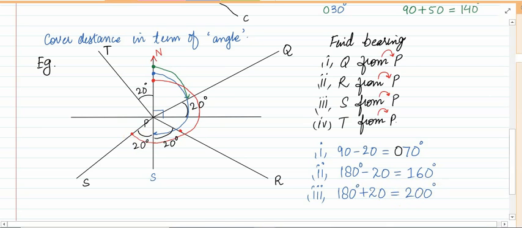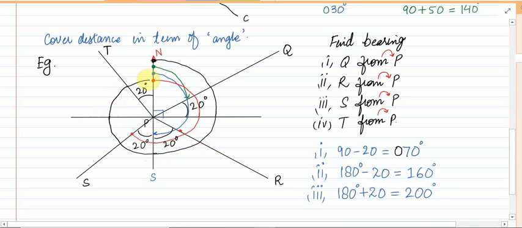The last one, T from P. So this time I am going to use the black pen. Yes. So from the north I need to travel till the line T. That means I need to travel this whole journey, right? Keep in mind, always move in a clockwise direction, right? So I am starting my journey from the north, till this point I had covered 90. After that I had covered 180. Moving on I had covered 270, and moving on